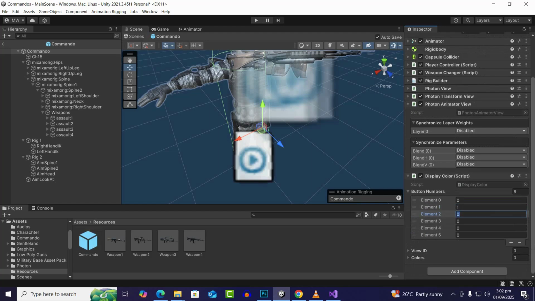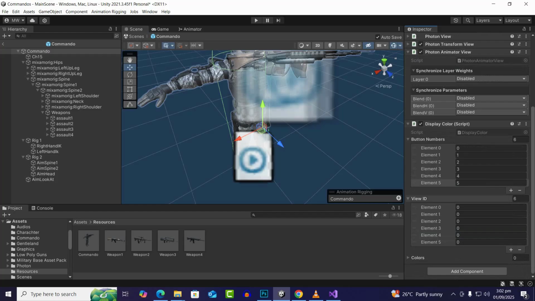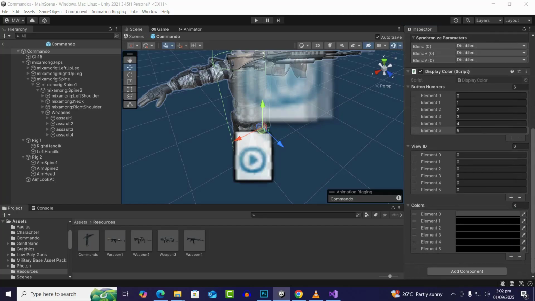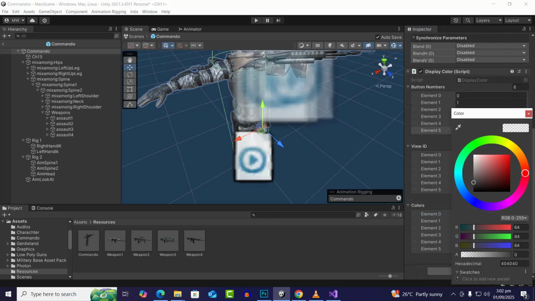So 1, 2, 3, 4 and 5. So also we have IDs. These IDs will be picked out automatically, but we can add it here as well. And then we have the colors. So here we will add the 6 colors, and now we can choose the color. So if we go here, you can see I will just choose the red color first,